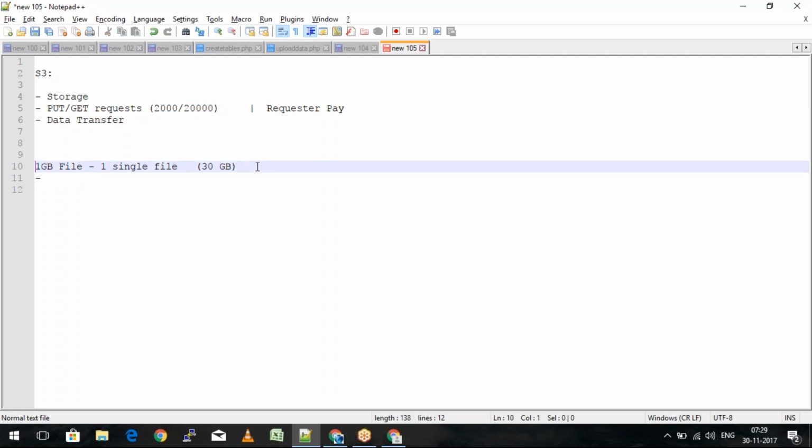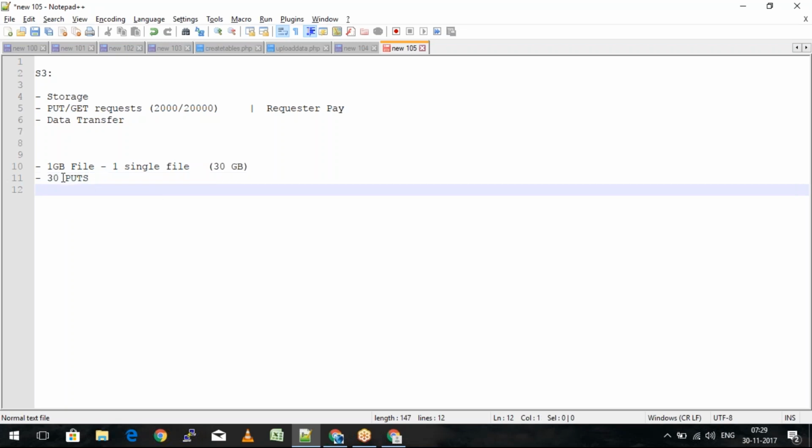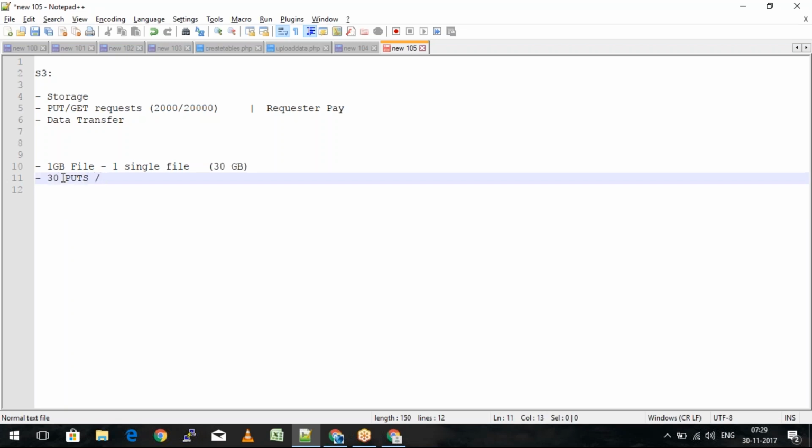Next, I'm going to be charged for the number of put and get requests. If I'm going to put 1 GB of file every day, which is one single file, I'm going to put it only 30 times. So I'm going to use 30 puts. And let's say there are hundreds of users who are trying to retrieve this file every day after it is loaded. So 100 into 30 makes it 3000. So 3000 requests are coming per month